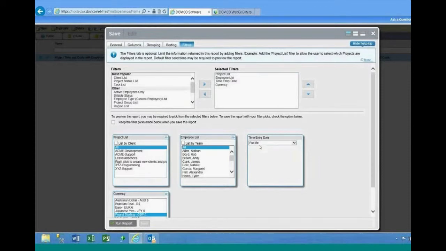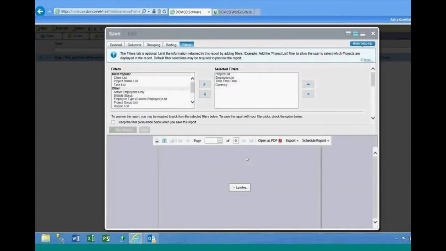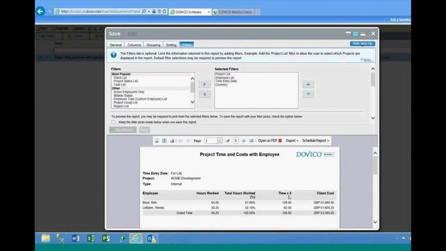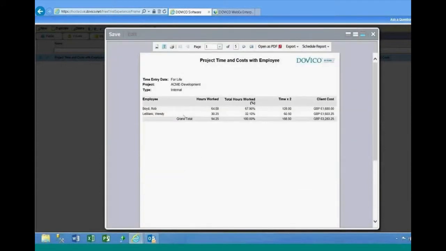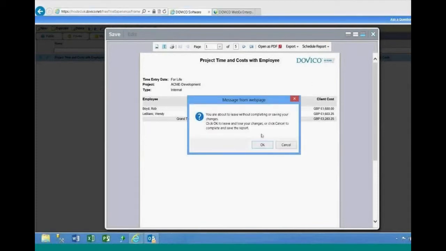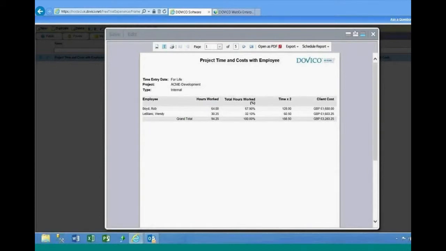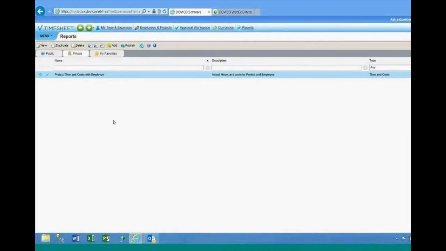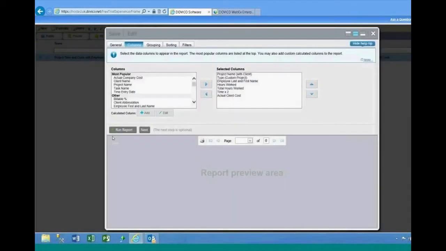When I run the report again, choose my parameters again, run the report. You'll see here I've got this time times 2 column. So it took my hours worked, then I had my total hours worked percentage, and then time times 2, and it did that calculation for me. Now there's a number of different calculations that you can set up. There's the basic math ones, like the one that we just did here, and then there's some advanced functionality as well. And if I go back into edit mode here,